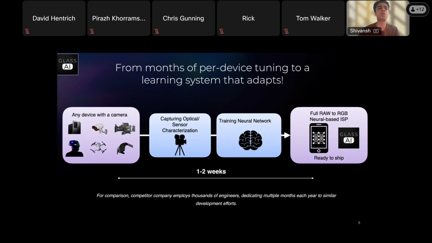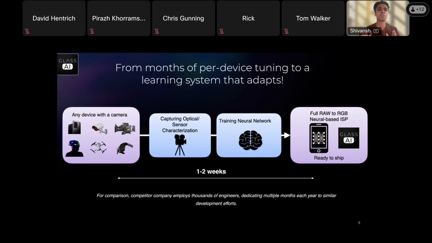Just to give a brief overview of what this RAW to RGB pipeline is. Whenever you hit the capture button on your phone, or in fact any device, you will always capture a burst of RAWs. How many RAWs the burst contains is a design decision from the manufacturer, but let's say 8 RAWs, and these 8 RAWs would eventually be merged and restored in order to produce the final RGB output.